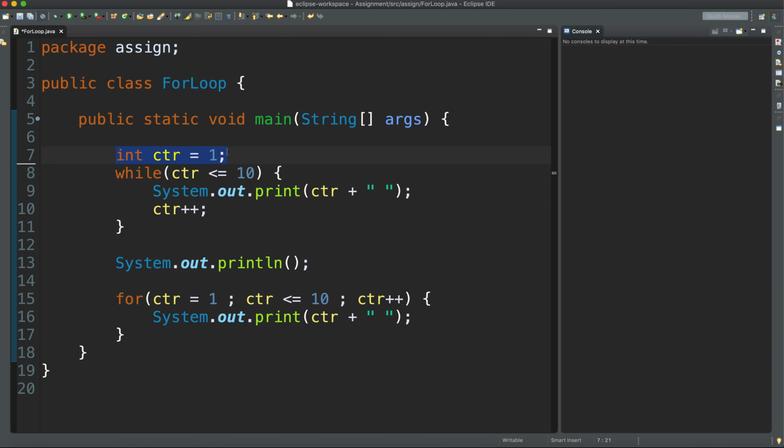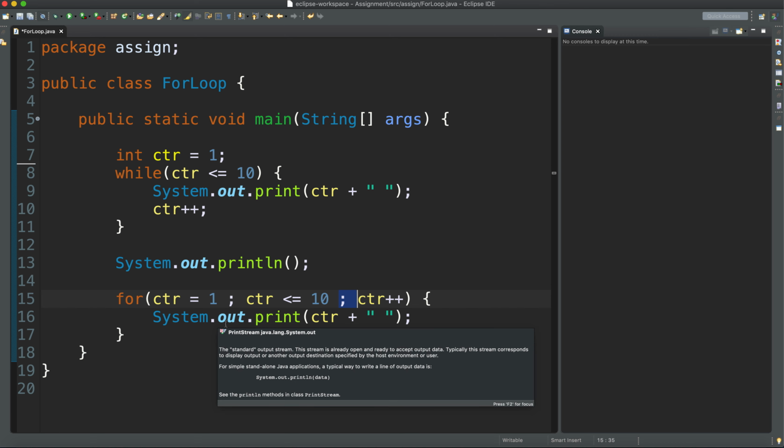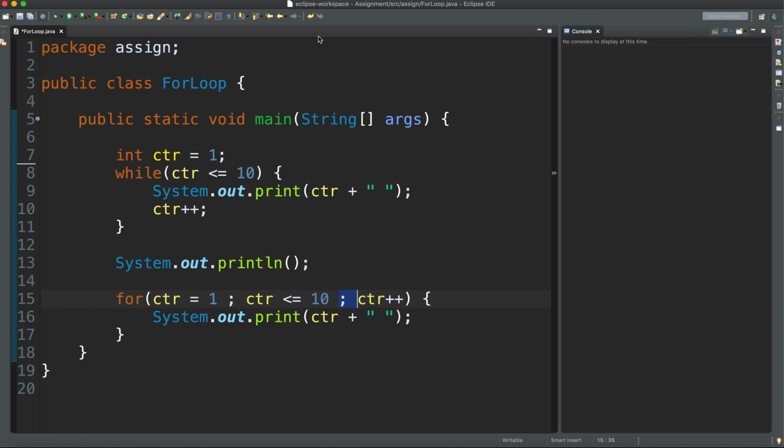Now look at the 3 requirements. In the while loop, the 3 requirements are in 3 different locations, but in the for loop, these 3 are together in one place, just separated by 2 semicolons. You see the advantage of using a for loop if you write a counter-controlled loop in your code. Okay, so now